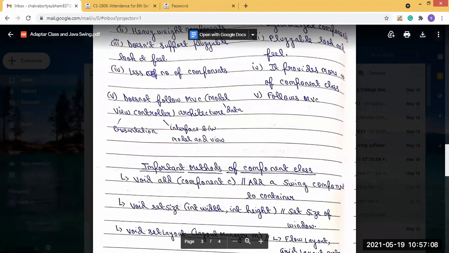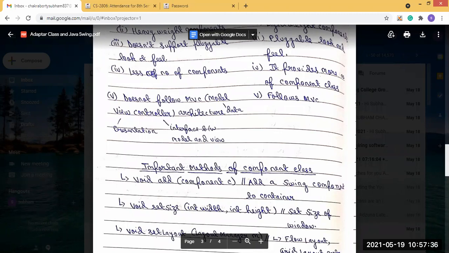The next method is also the same. It is void setSize, with int width and int height as parameters. These two parameters, an integer width value and an integer height value, are sent. The setSize method sets the size of the window.